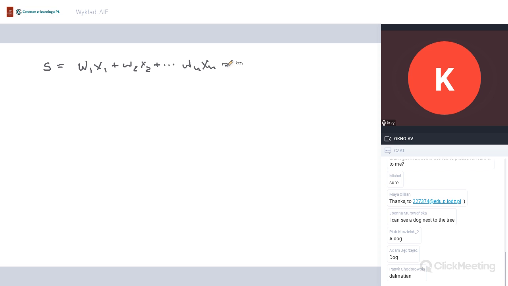Obviously, I can make it more compact. So I can say that this is just a sum of products from the first input till the last input. So I'm computing a state. So my neuron looks like this, I will redraw it. So this is my neuron. I'll just draw the first and the last input. So this is x1, xn, and here is this summing operation, and here I have a state.